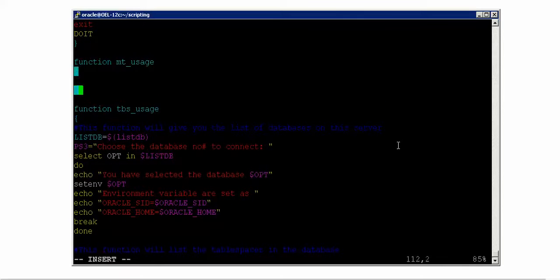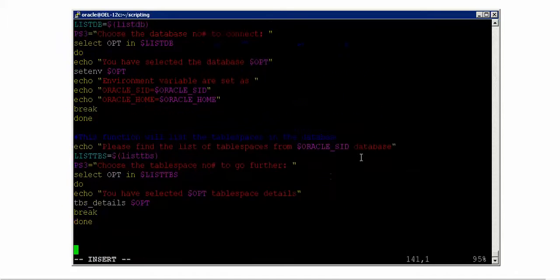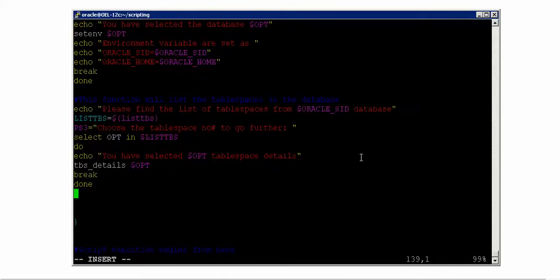And this has to open, this has to close, and here I have to go, and after this you should also say mt_usage also you have to call, and for $opt.